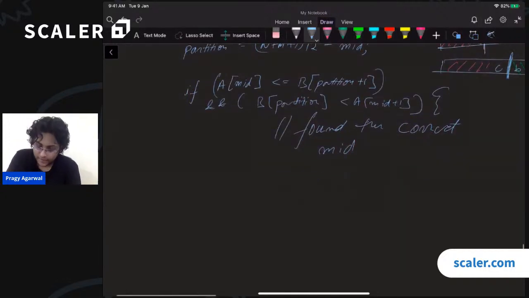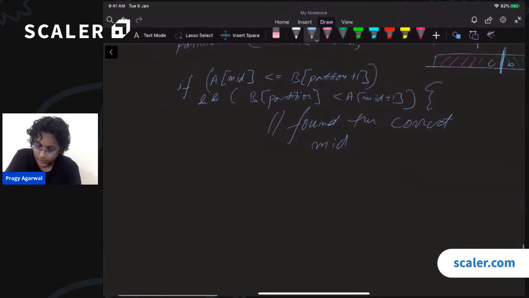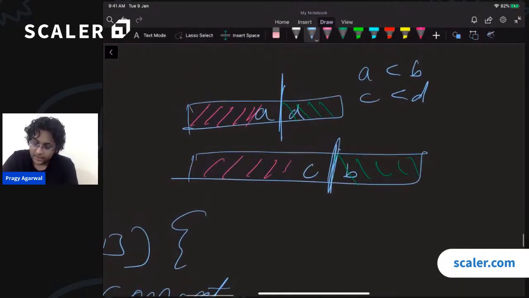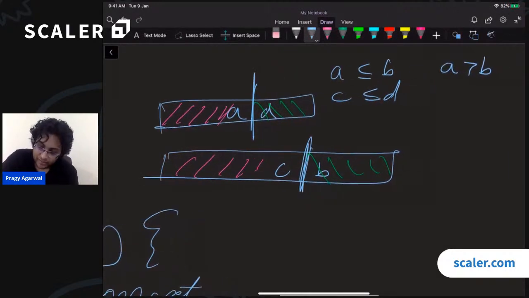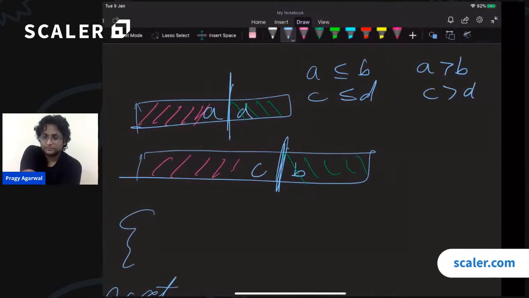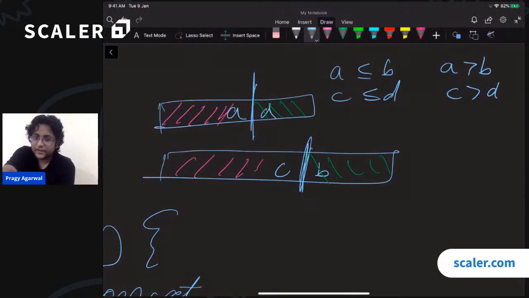So we will have two cases over there as well. We will look at that. But if that is not the case, then some other case will arise. What case can arise? Either it can be that A is greater than B, or it could be that C is greater than D. Yes or no? If A is in fact greater than B,